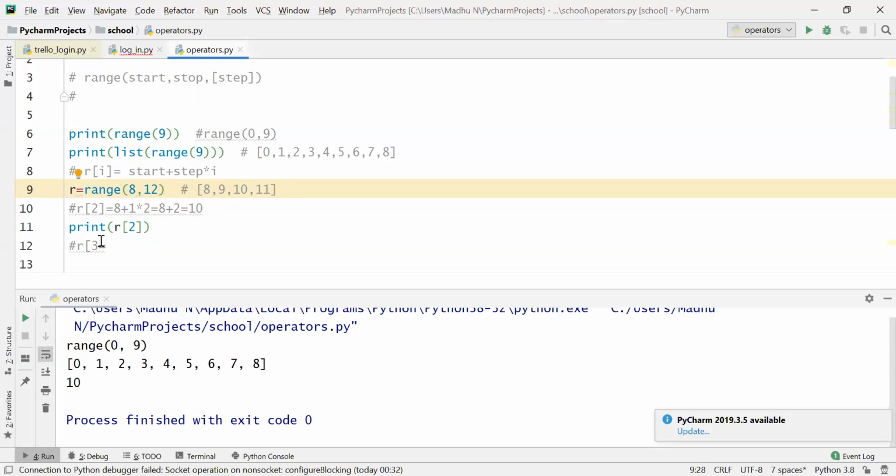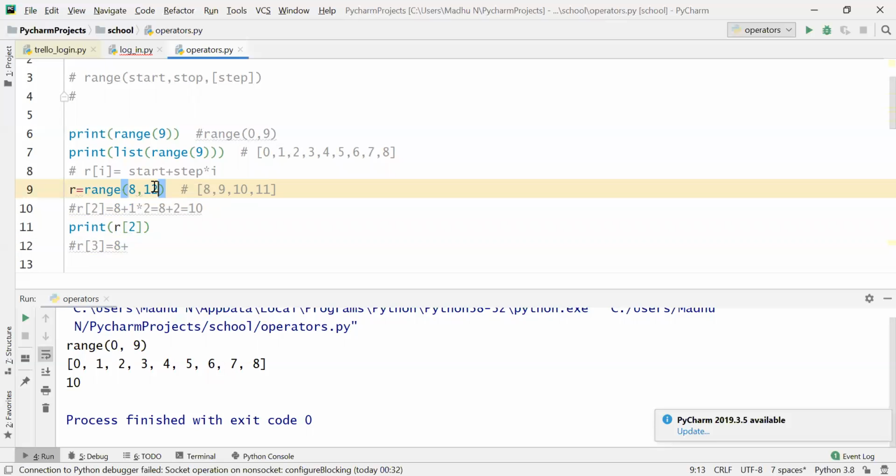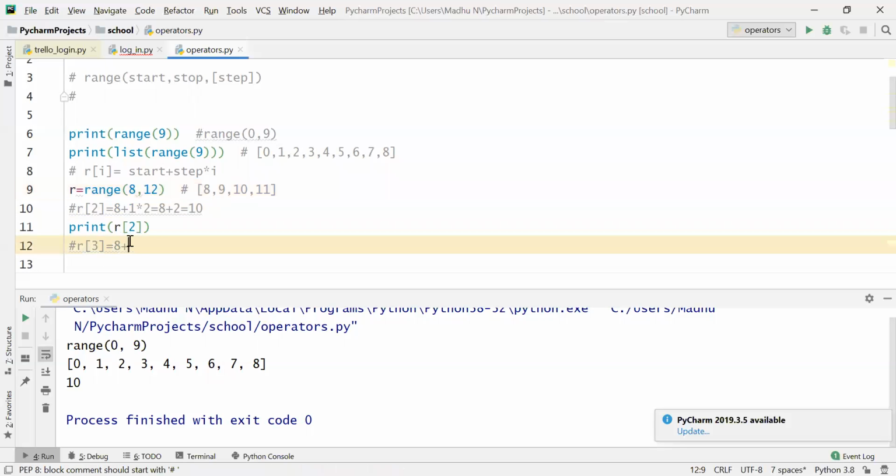So let us find this according to this formula. What is start here? 8 plus what is step here? Step is not given here, so by default the step is 1. 1 into what is the index you are finding here? R of 3, so index is 3. So 8 plus 3 is 11.